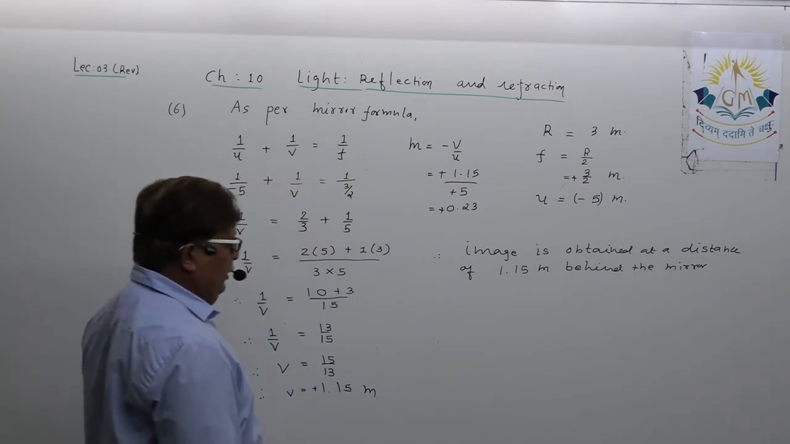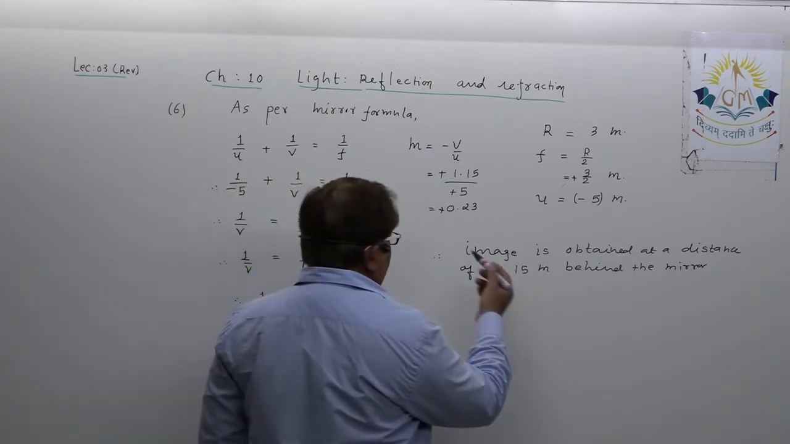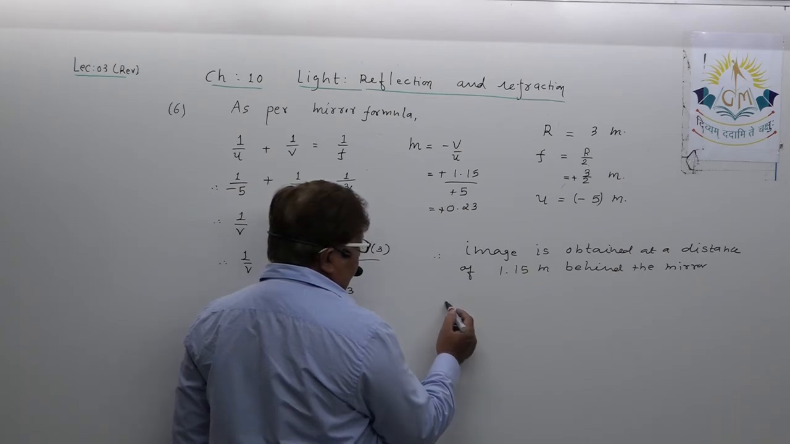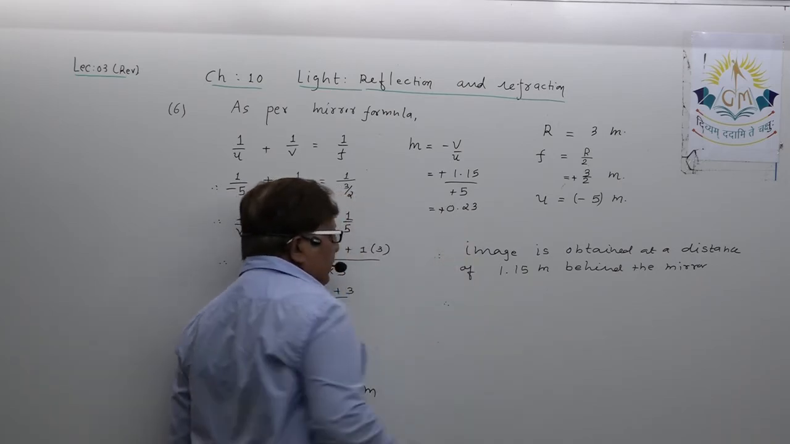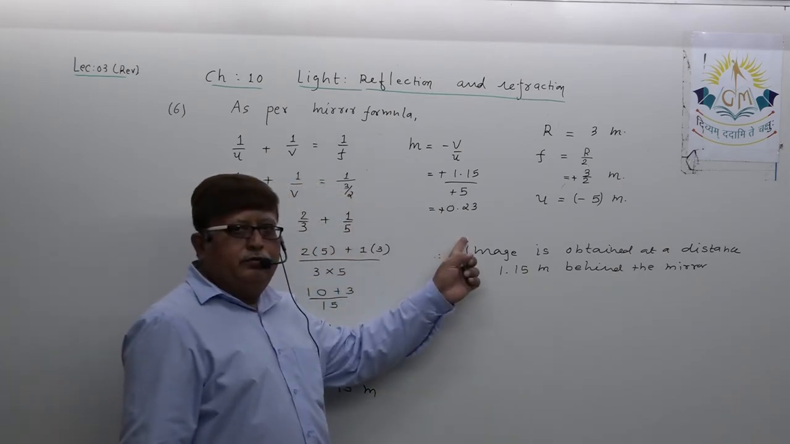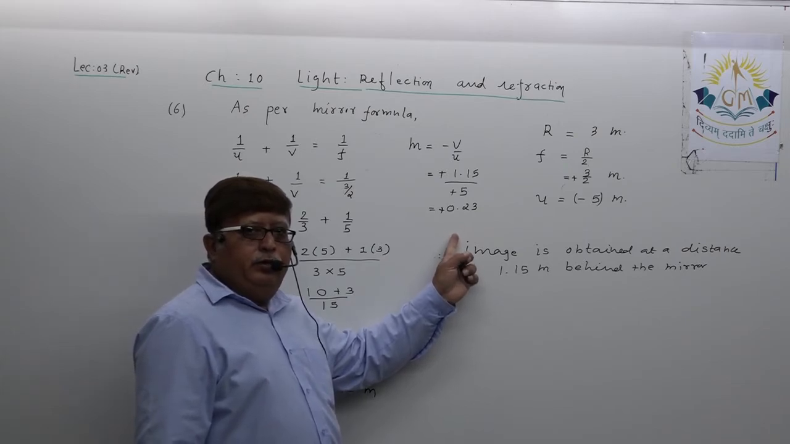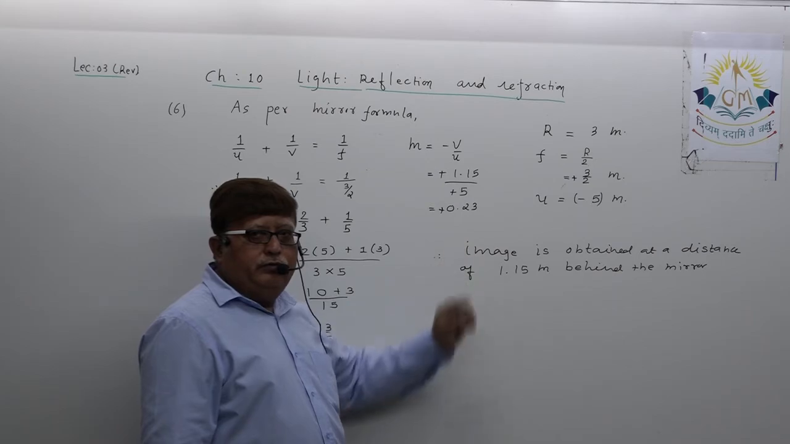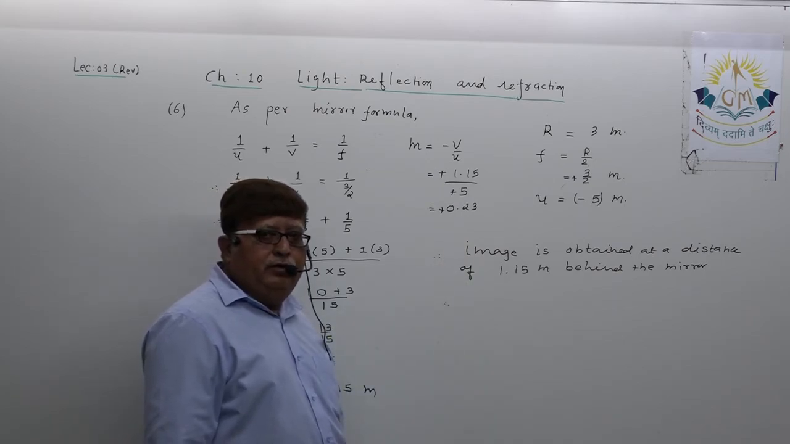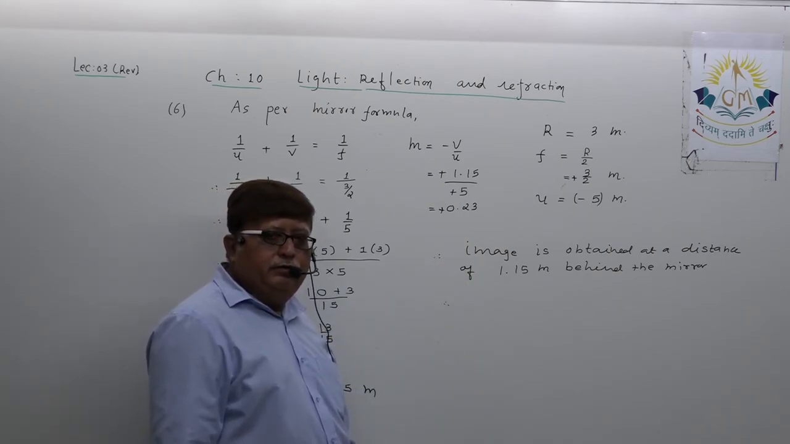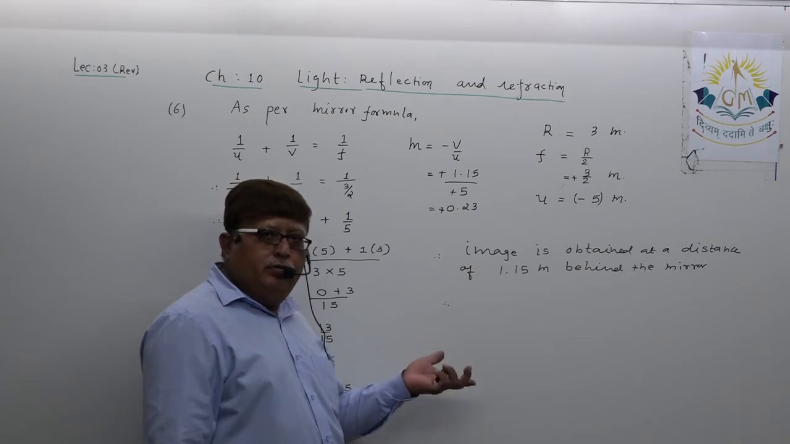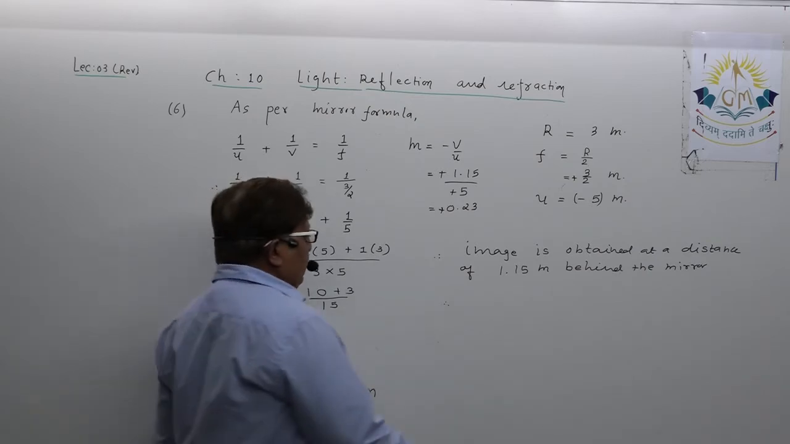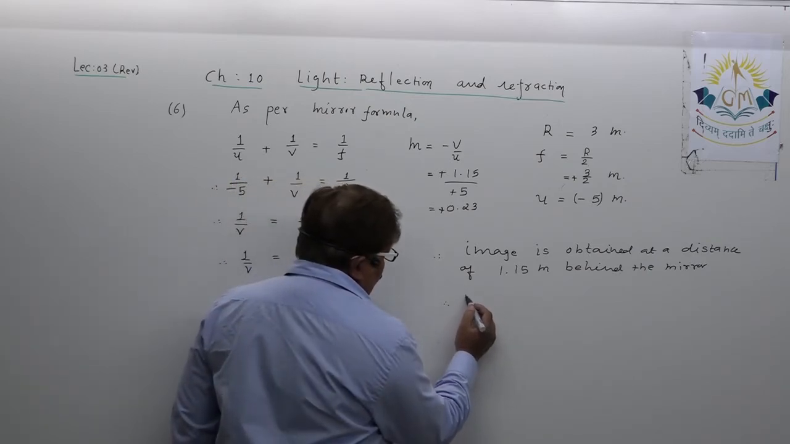1.15 meter behind the mirror. What is the nature and size of the image? That you can guess from here, dear student. M is positive, so the image is virtual and erect, that you know. But because the value of magnification is less than 1, it is obviously smaller in size, so you can write: image